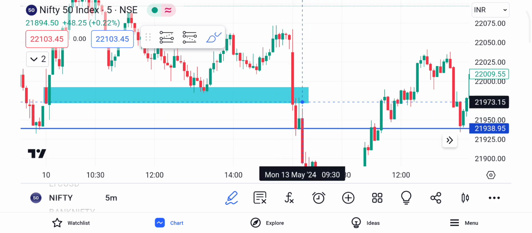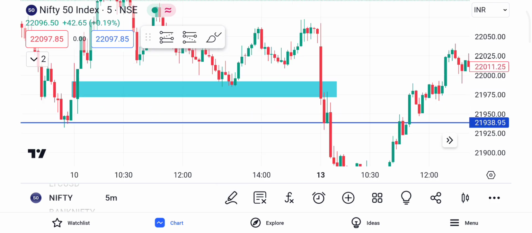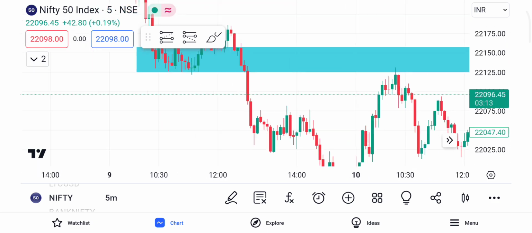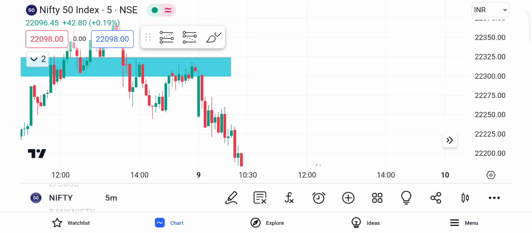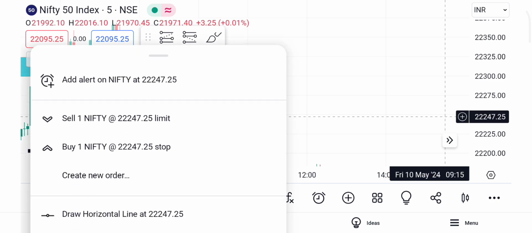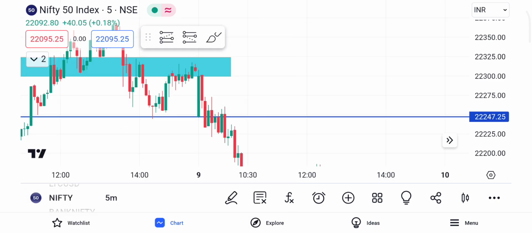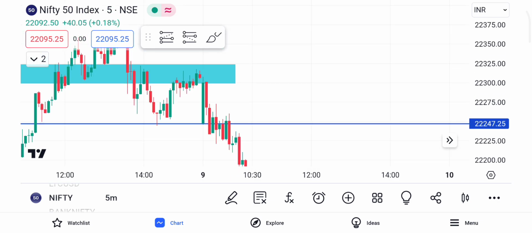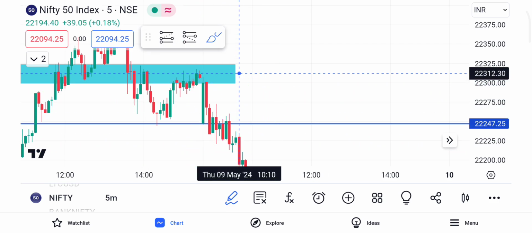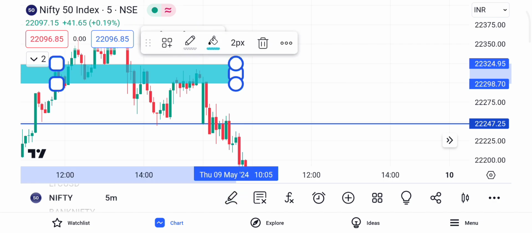You see this green candle, it went only till there, and we go to the previous day. 10th, 9th. See, 9th was crazy. This one, if you see, we'll just use the horizontal line here. You see here, right? Since the market did not go anywhere past that place, you can definitely take that. The market didn't go beyond this range after that, right? You could have simply used this one.